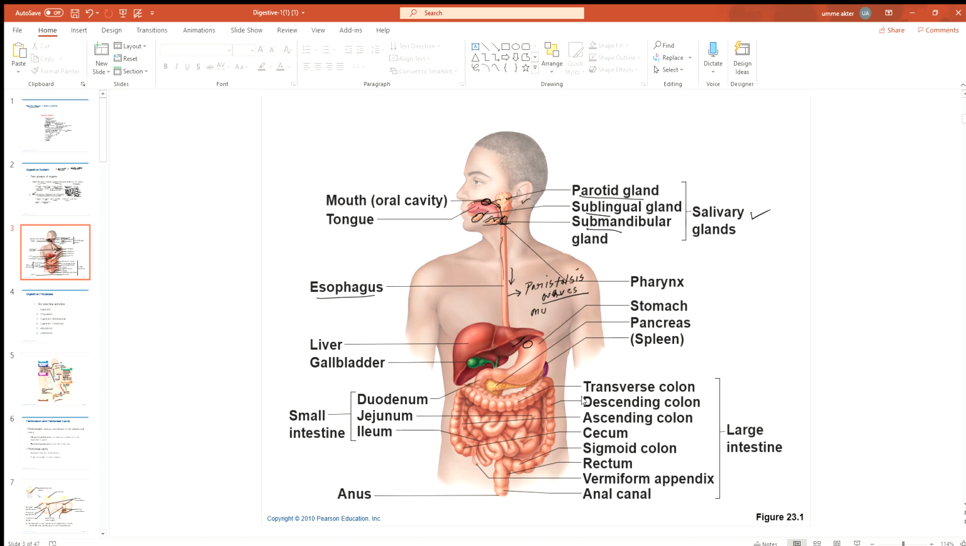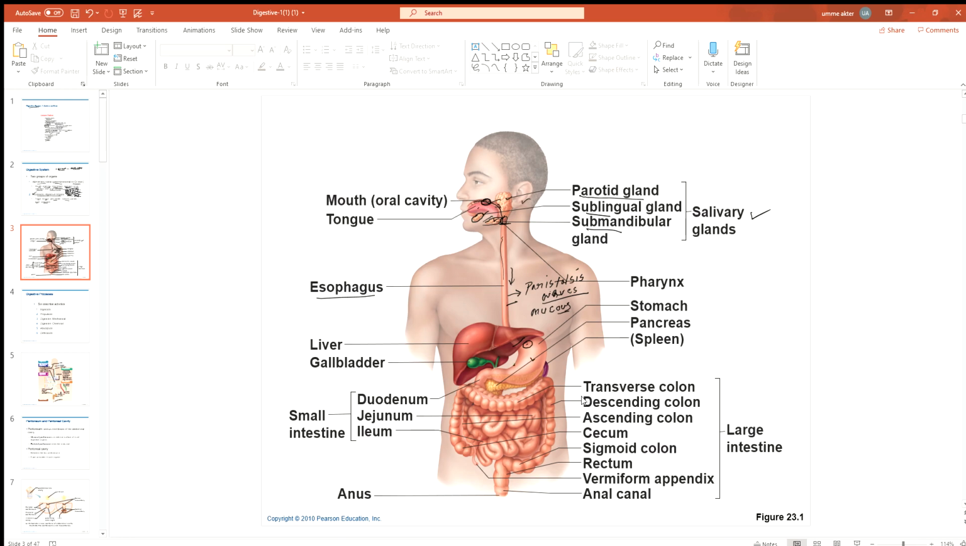Okay, so mucus makes the inner surface of the esophagus slippery. So because of those two things, the food bolus very quickly moves from the pharynx to the stomach. Okay, then you see the next organ